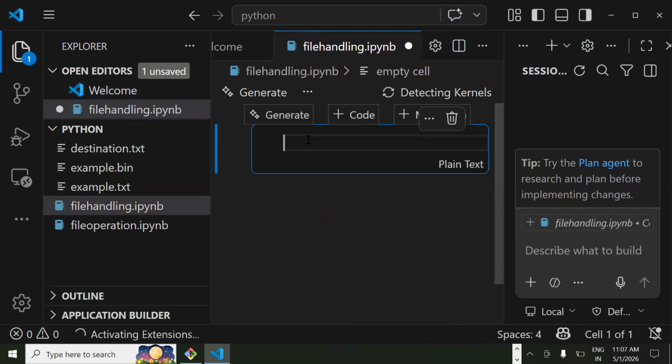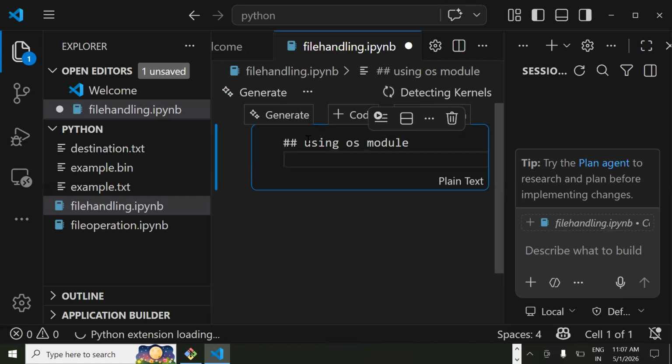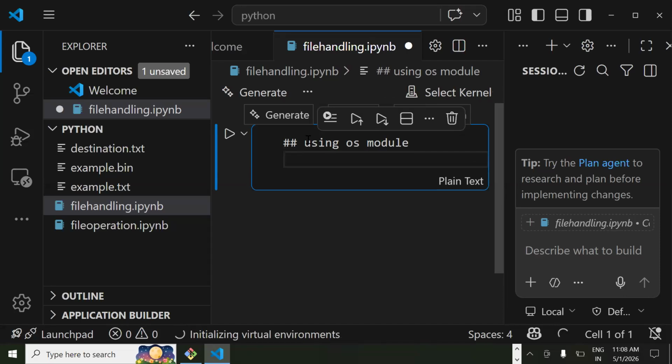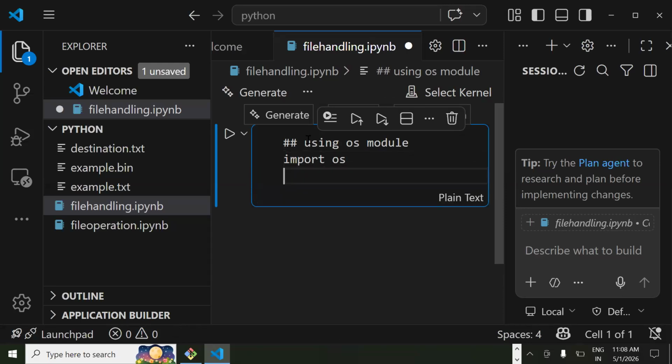Now what you're supposed to do is, using the OS module. There are a lot of libraries in Python. So we are going to use one library called the OS library, operating system library. Which module? OS module. So how are we going to do the import? import os. OS is nothing but operating system. CWD is nothing but PWD, print or present working directory. CWD, current working directory